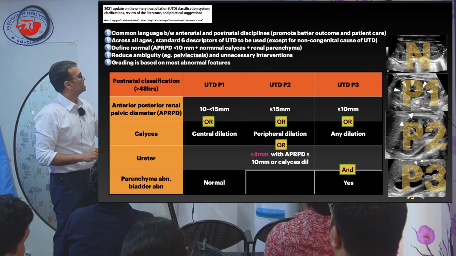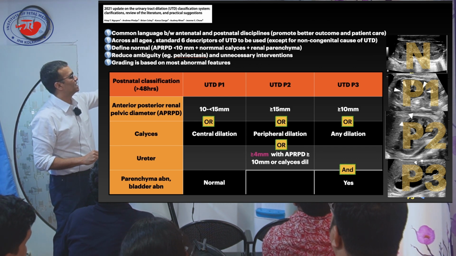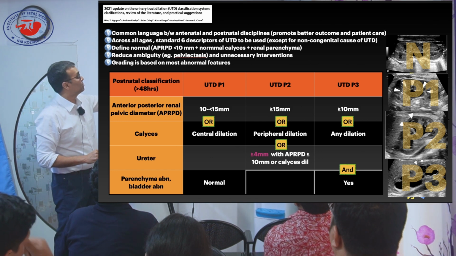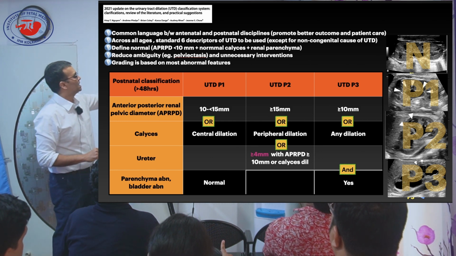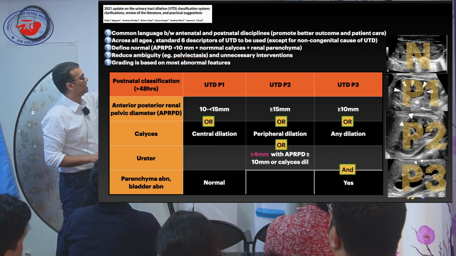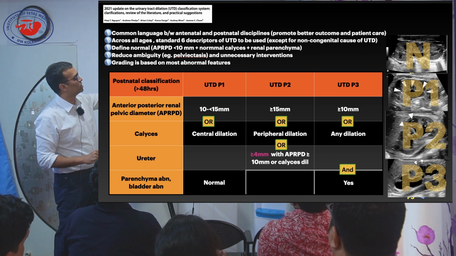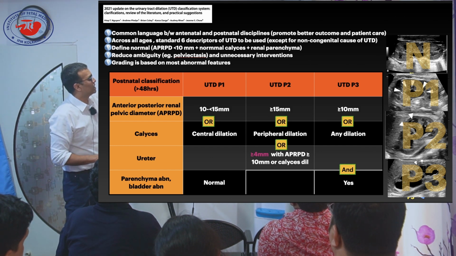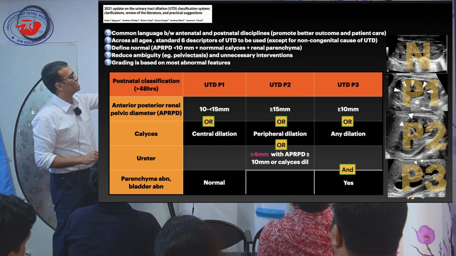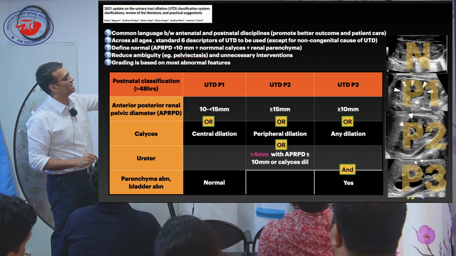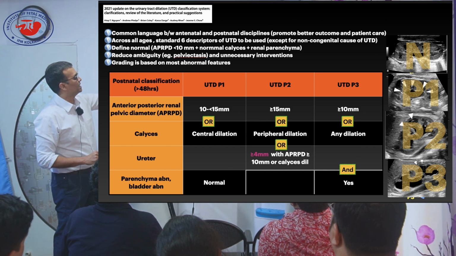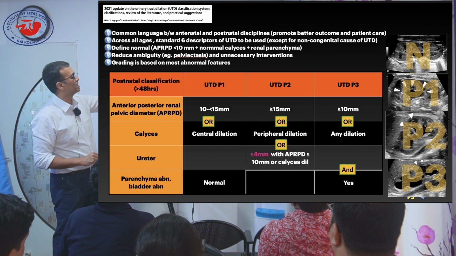Now this is about the postnatal classification: P1, P2 and P3. These are the cutoffs of the epirenal pelvic diameter. Anything more than 10 is abnormal in the postnatal period. For the calyces, central is P1, peripheral is P2, and any dilatation is P3. For the ureter, it is UTD P2 if it is more than 4 millimeters,